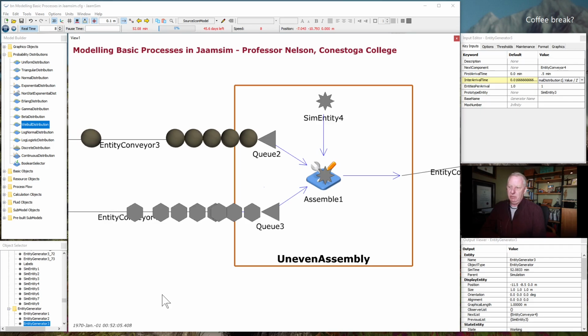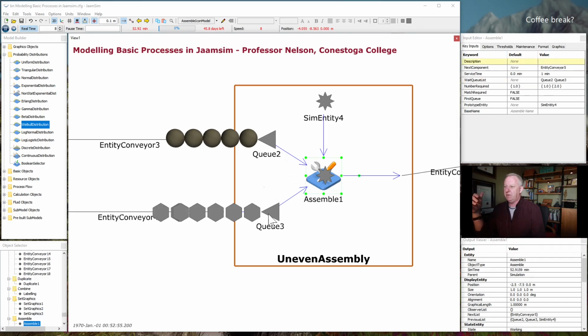I showed the assembly operation before, where it would just take elements from 2 different queues and put them together. And here again, typically things aren't balanced. It's not always 1-to-1. So very simply here, you have a couple of queues, but in the number required, you can select how many from Q2 and how many from Q3, and enter a value for the entire queue list that you put here,